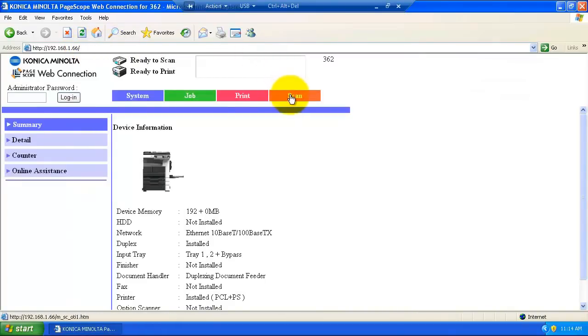If you ever get an HTTP error or an error 400, I believe it is, you probably are going to have to download Firefox. Internet Explorer sometimes has some issues and doesn't want to browse to our machines. That being said, we're just going to click on the Scan tab at the top,